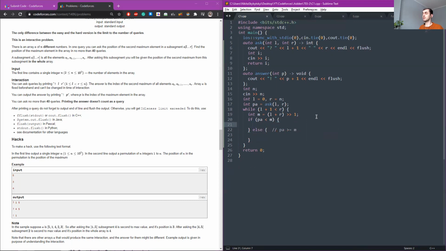If the second maximum is from left to middle, or from middle to right. Now, if A is equal to PA, then we took the right as the correct half. Right gets to middle, PA gets to A. Else,